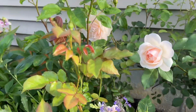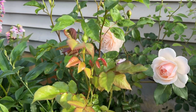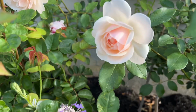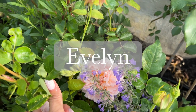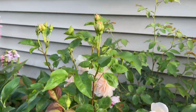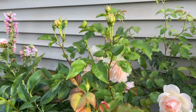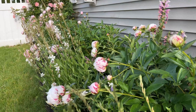And here is, I am so looking forward to this, Evelyn Rose. She has her first bloom in my garden. She also is on her second year and struggled a tiny bit last year. Did not put on a lot of growth, so I'm looking forward to her. I already see some thrip damage on her too. And here is,